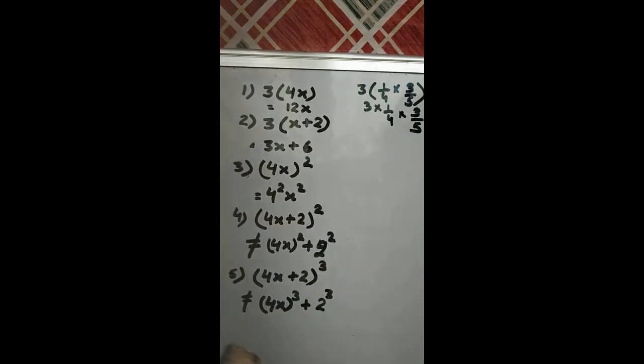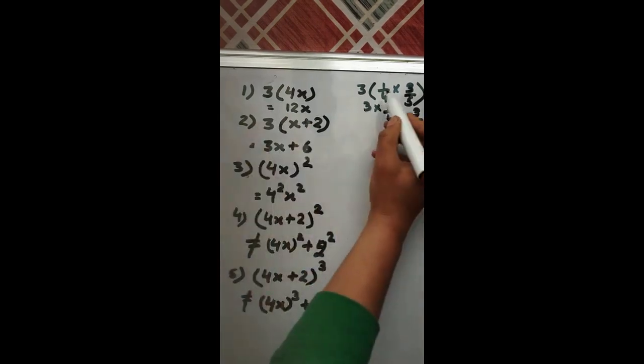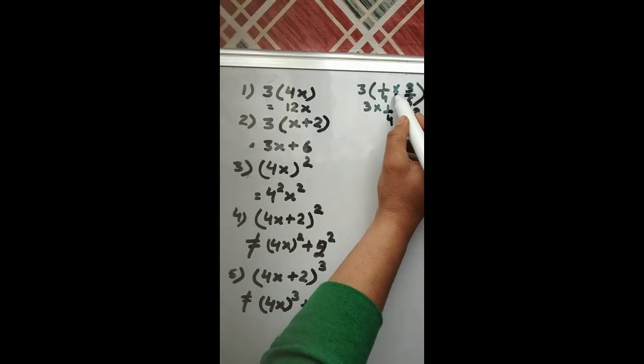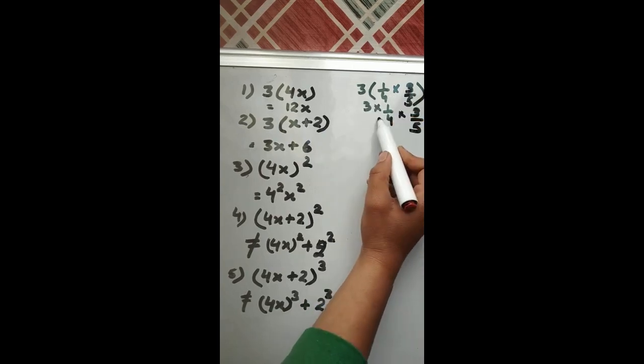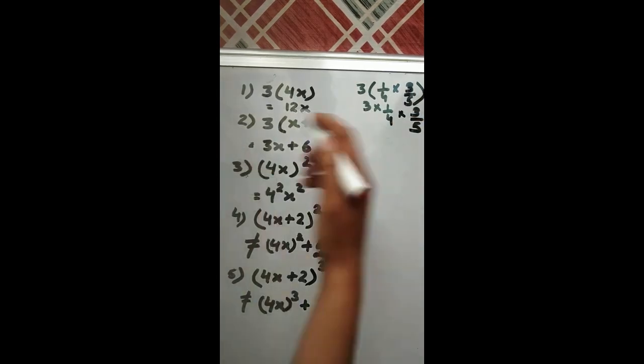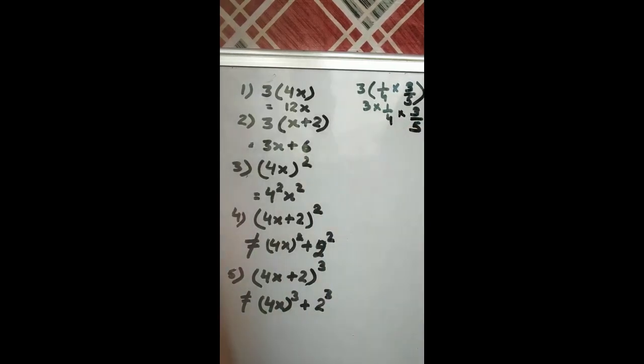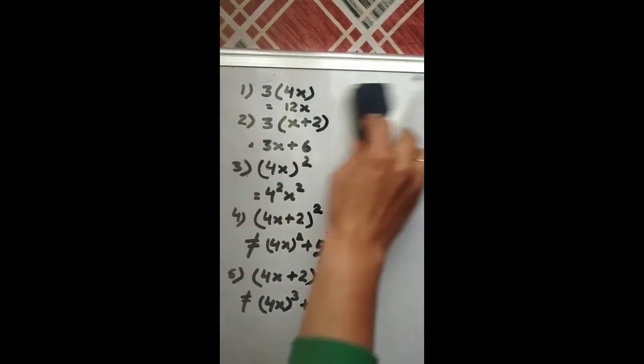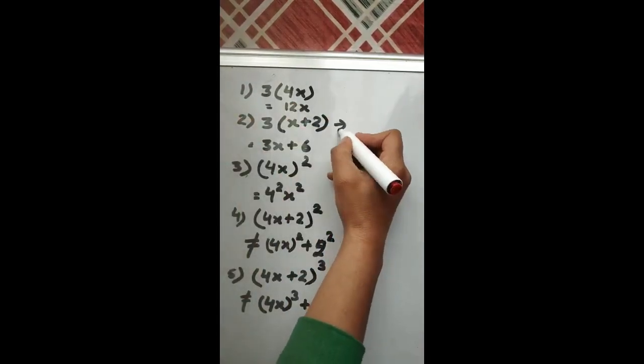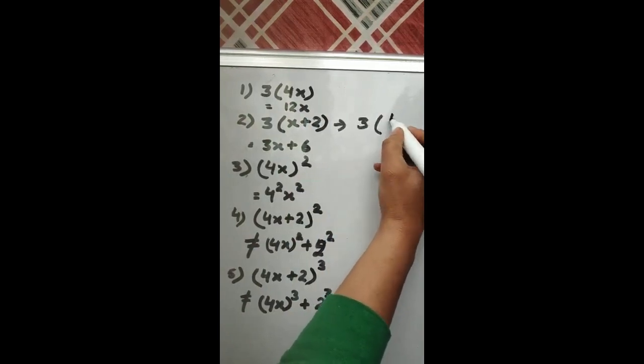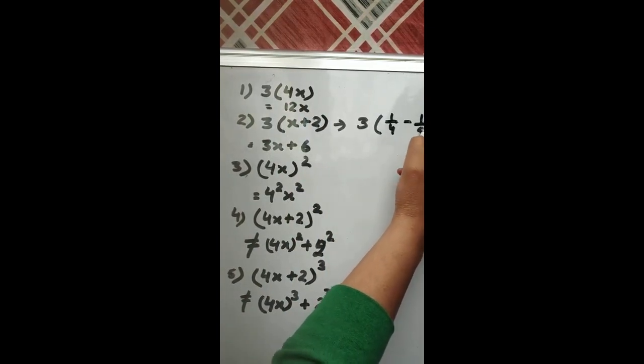Anyways, it's not a big deal. Means this is 3 into this. Okay, there is a multiplication sign. You can multiply them, then multiply with 3, or you can simply write it like this and then multiply all together, 3 into 1 into 3. Okay. Next, if you have a question like 3 into 1/4 minus 1/5.